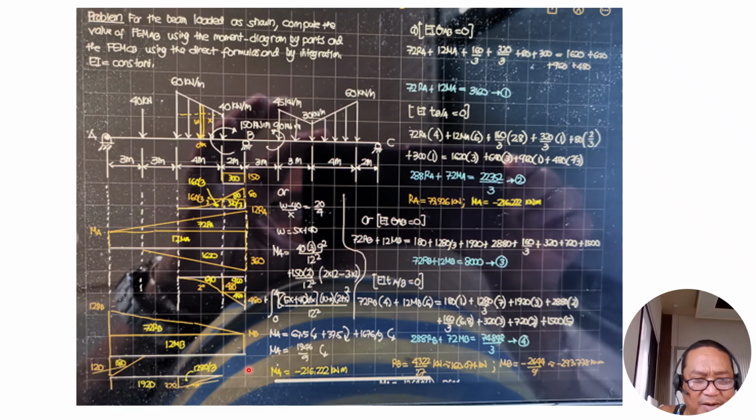So we have MB, so the area 12 MB, RB times 12, so 12 RB moment due to the 40 kilonewton load, 40 times 3, so 120. Then I divide the trapezoidal loading into rectangular and triangular this time, so that we have 40 times 4, 160 times 2, 320. So there is 320 here.